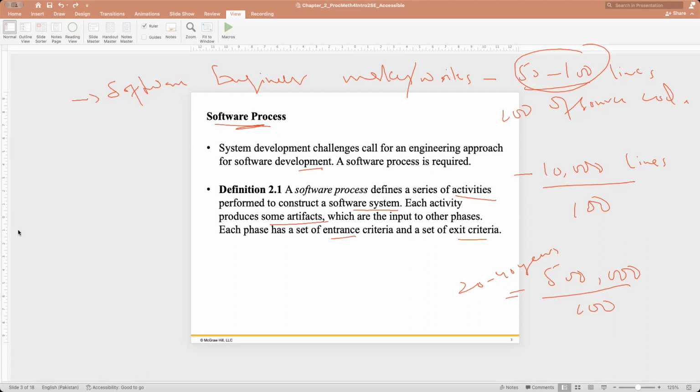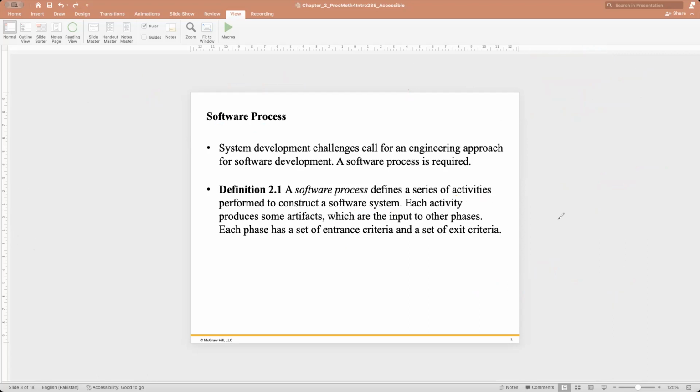That's how we first of all understand that this gives us a series of activities that we have to focus on. Every activity may have some artifacts that are input to the other activity, and this is where our overall system will be effective. So now, what are the things that I can bring into consideration of the software process? Generally, there are big challenges that may occur here. Let me draw them for you.